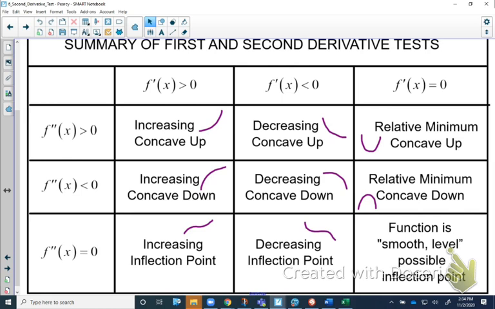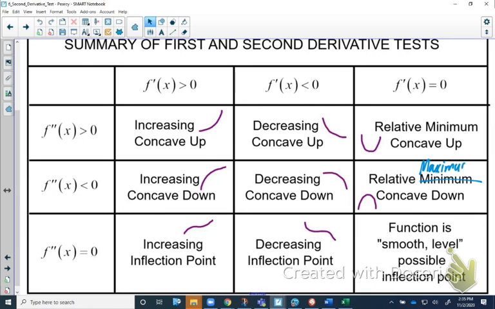And the last column: if the first derivative is 0 and the second derivative is positive, that indicates you'll have a minimum value somewhere, so your function will be concave up. Next one, with a negative second derivative, you'll have a relative minimum, and that'll be concave down. And I think that's supposed to say maximum. I think that's a typo here. This is supposed to say